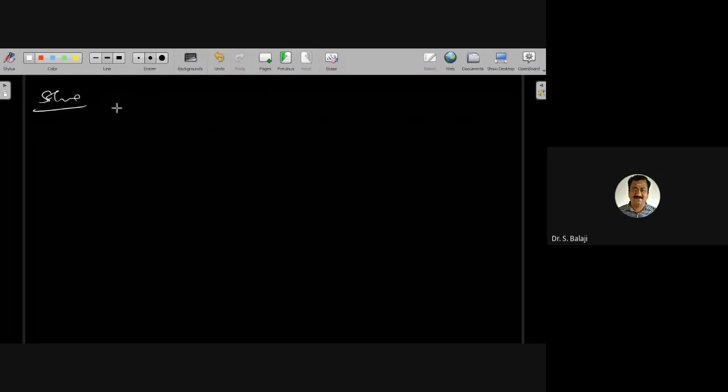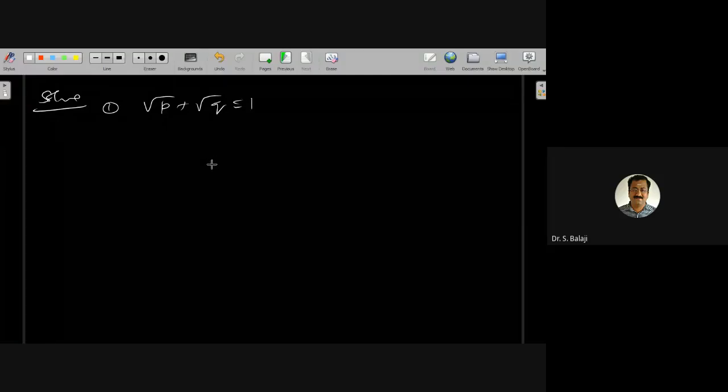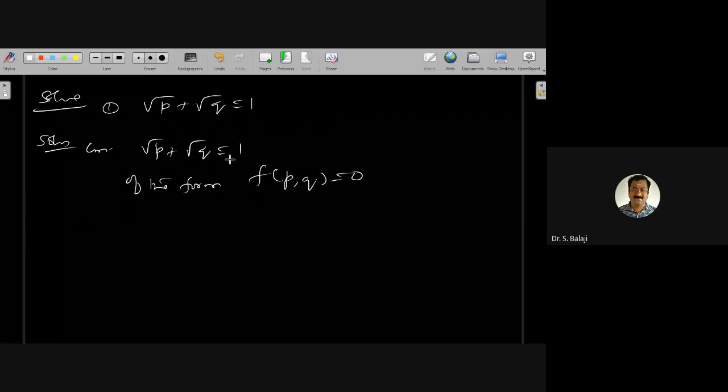Solve the following PDEs here. Square root of p plus square root of q is equal to 1. This is of the form f of p comma q equal to 0. Only p and q are present. Therefore, we can write the complete solution